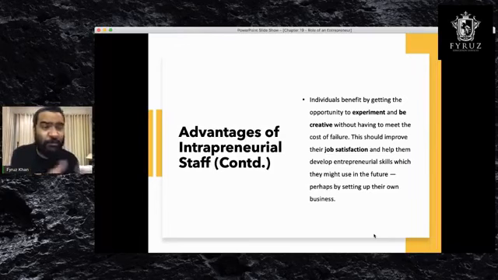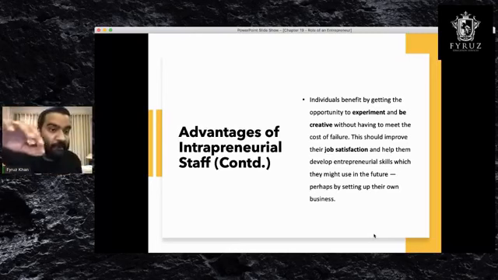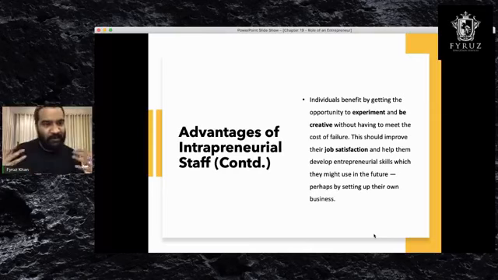You can be creative, you can be innovative without thinking of the failure. The good thing about this is you're not taking the risk alone. The main founder of the business, where you're creating your own business inside that, will also be responsible for the failure. So you have a kind of back support, right? For example, if an employee of mine has a crazy idea and works on it, if he fails, it's not going to be a problem because I am also going to take the responsibility. So that is a good advantage. You don't have to take the full responsibility or full failure of the project.